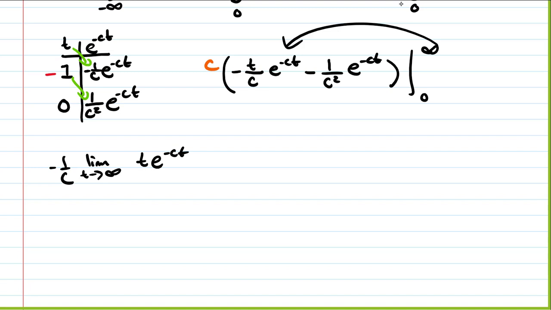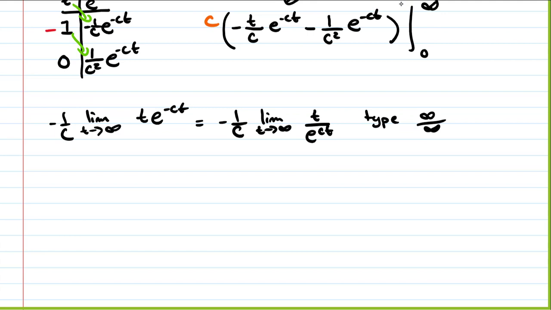Well, this is infinity times 0, so we need to massage it a little bit and move our exponential down into the denominator, making its exponent positive. So now, as t goes to infinity, I get infinity divided by infinity. So then this is type infinity over infinity. So we have our indeterminate form. So by L'Hopital's rule,